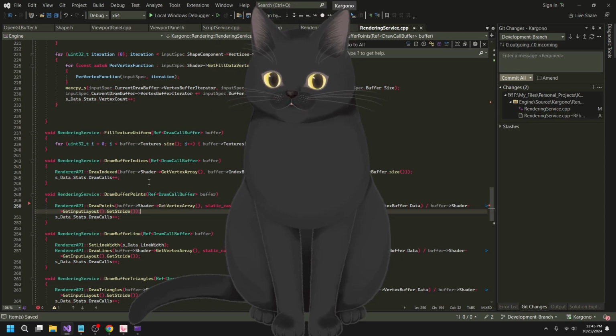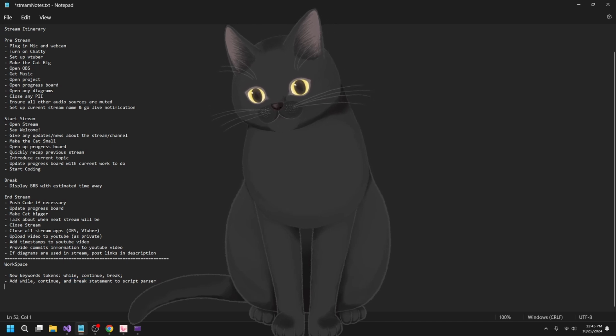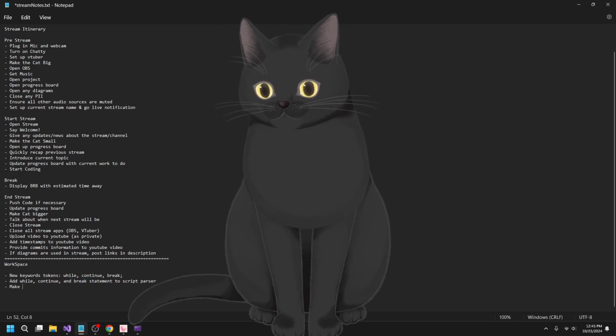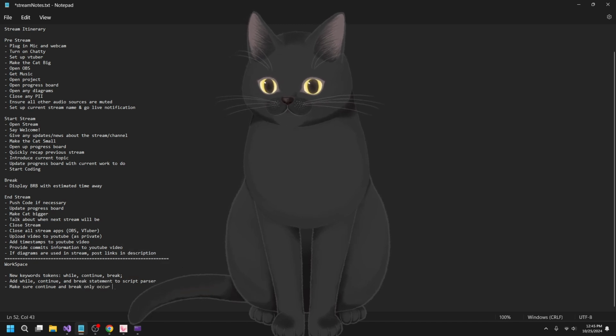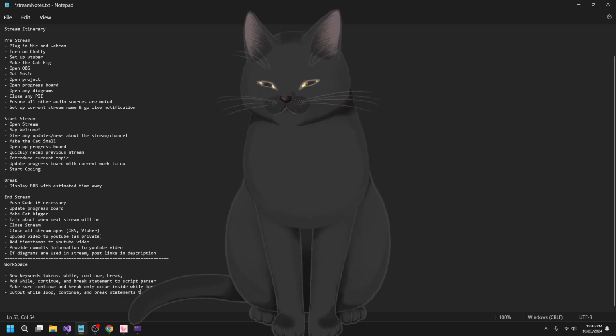But yeah, I'll see how that goes. I might add that, so make sure continue and break only occur inside while loops. And then output while loop, continue and break statements to C++ correctly.